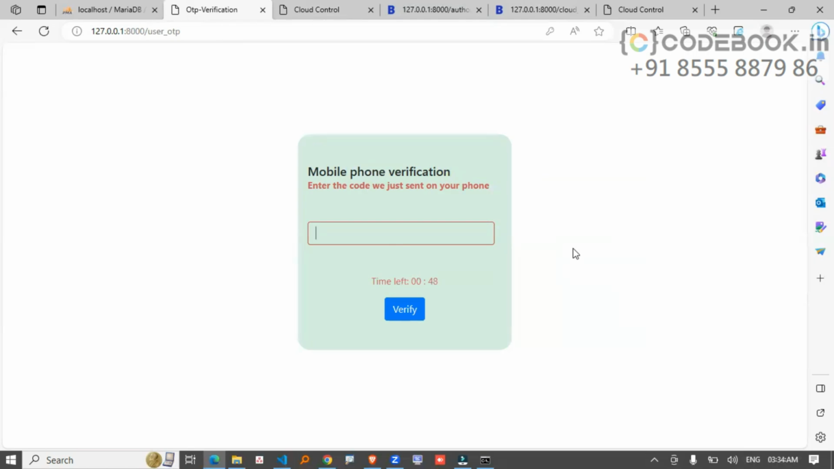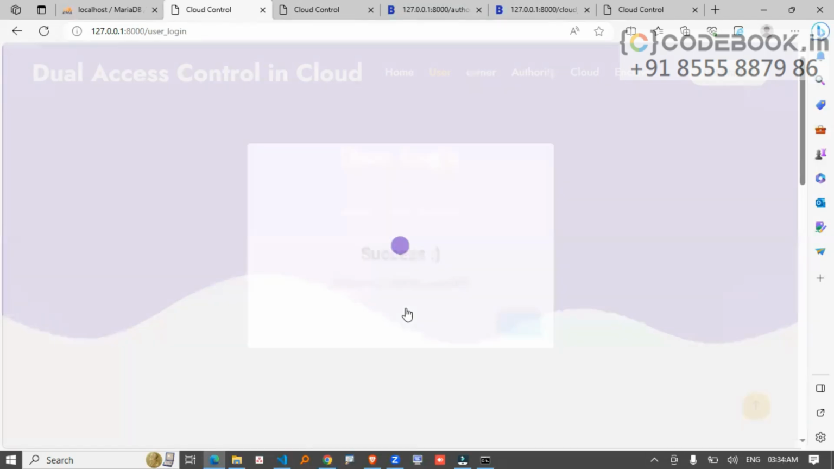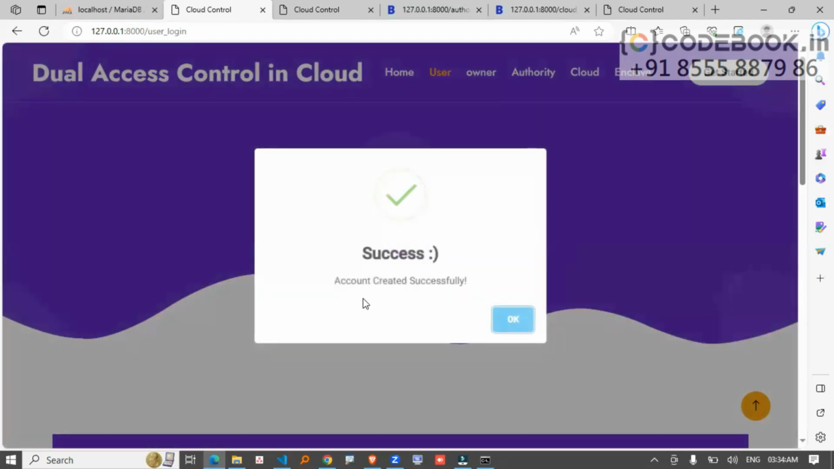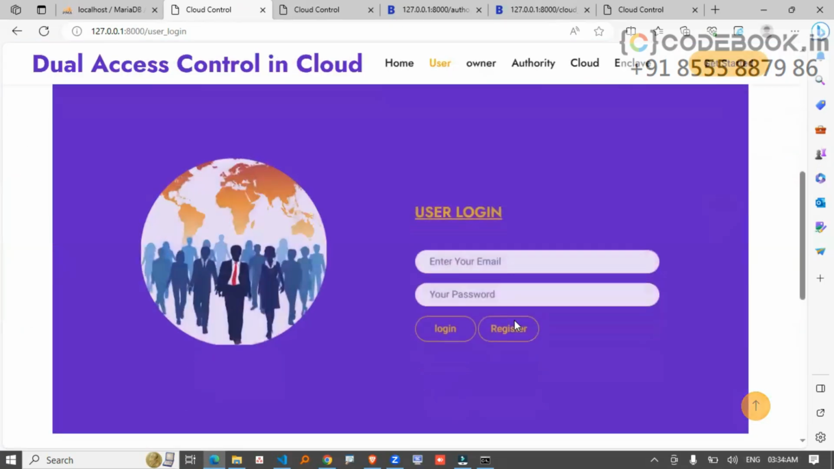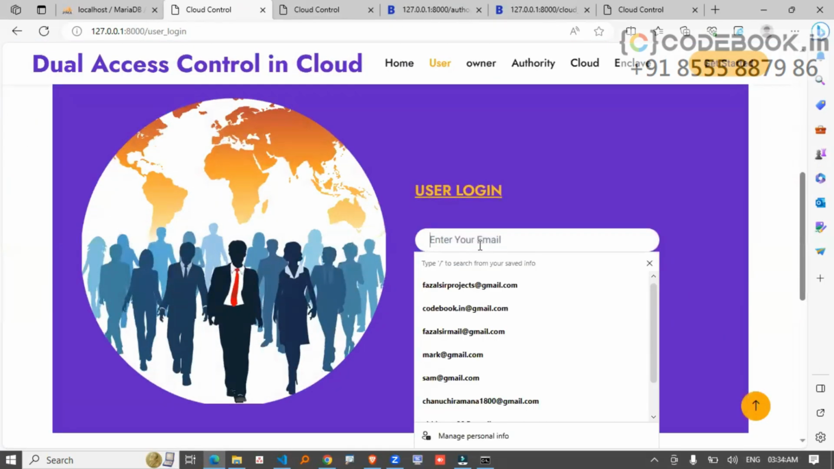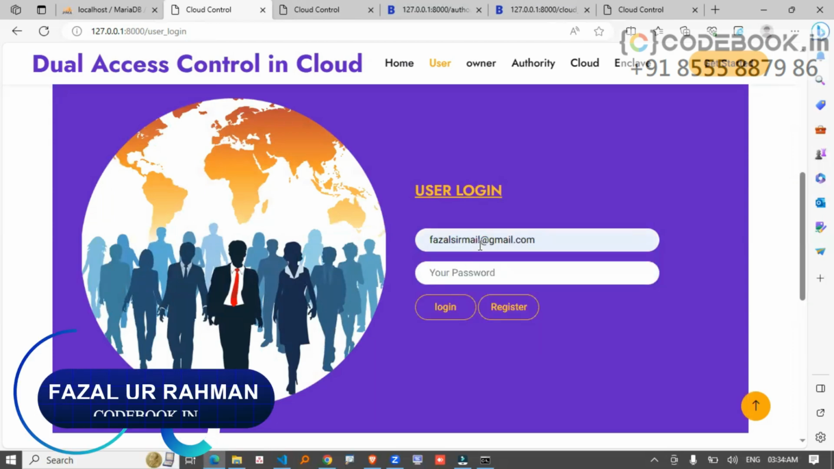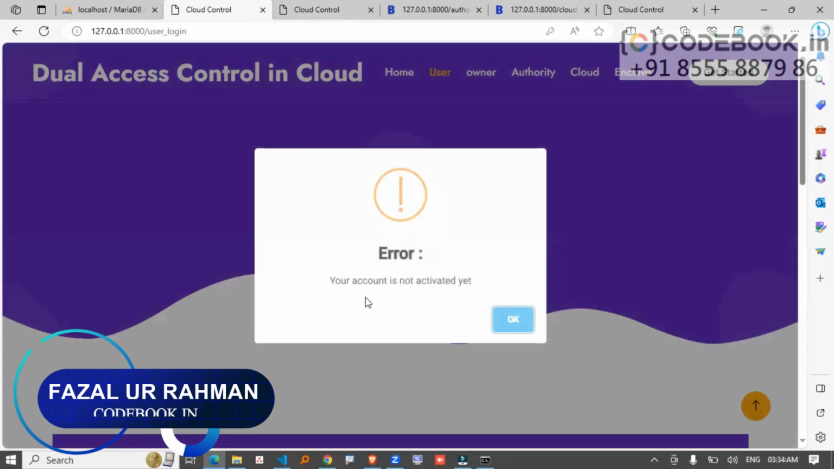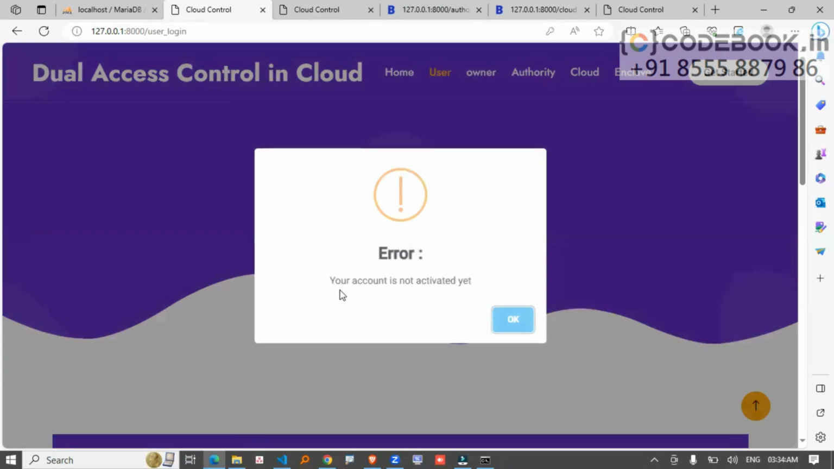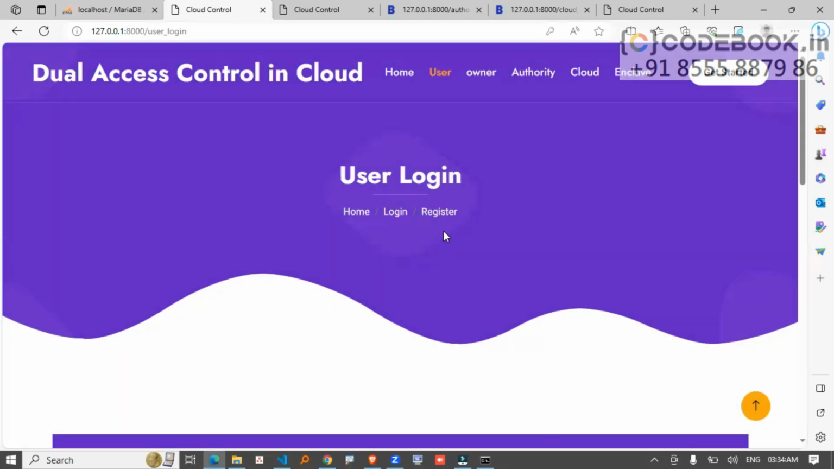Yeah, I have received the OTP and the OTP is 3800. Let's verify this. And you can see the account is created successfully. Now, if I try to log in here, the account is created, but the account is not activated. You can see your account is not yet activated. So here we can go to